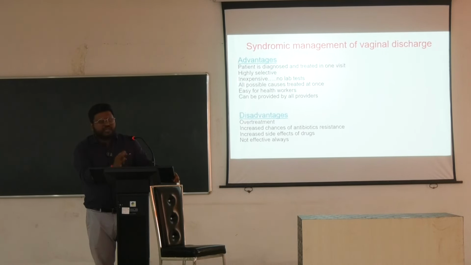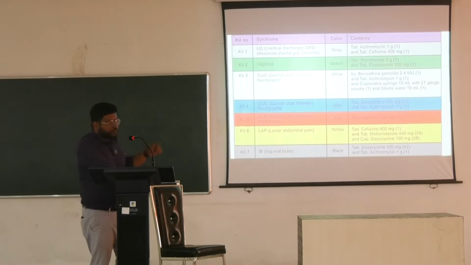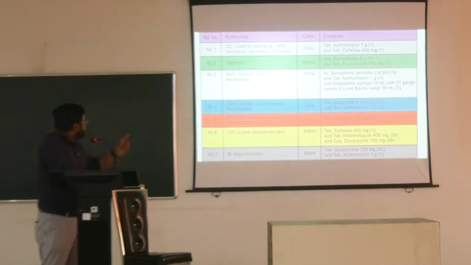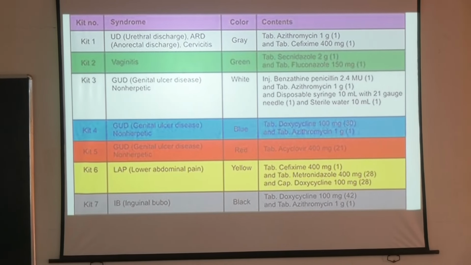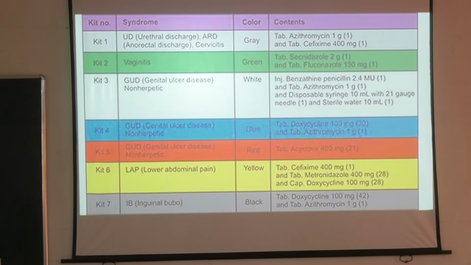This can be given by any sort of health worker, কোনো রকম এক্সপার্টাইজ লাগে না। স্পেসিফিক গভর্নমেন্ট অফ ইন্ডিয়া থেকে গাইডলাইন করা আছে যে কোন সিন্ড্রোমটা নিয়ে আসলে তুমি কোন একটা কিট করে পাওয়া যায়। We have kits. We have 7 different kits by different colors. Okay, see this thing. From the government of India, from NACO, we have specific kits for all kind of syndromes. Okay, with color coded kits আছে আমাদের কাছে।